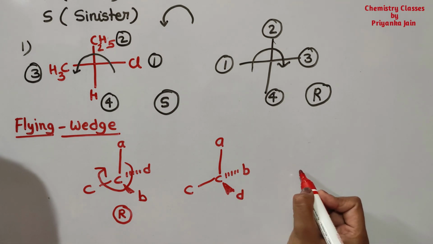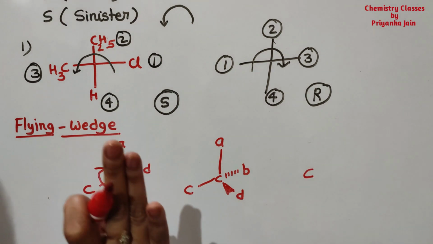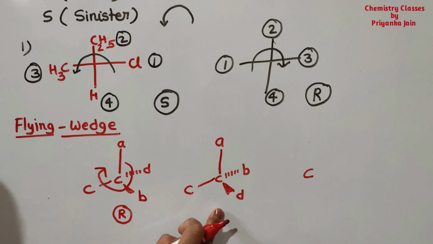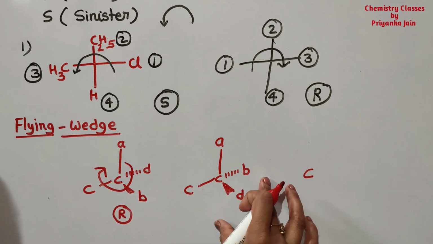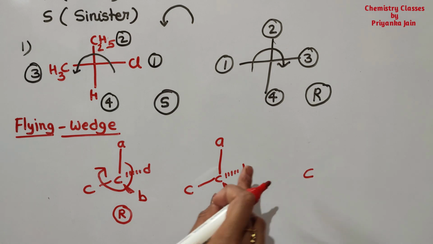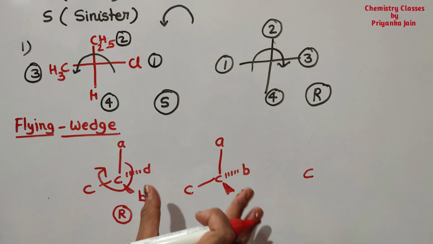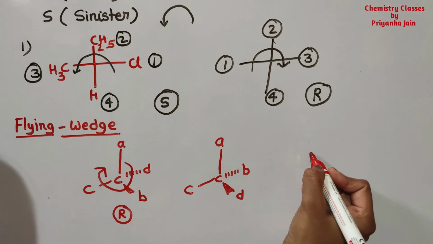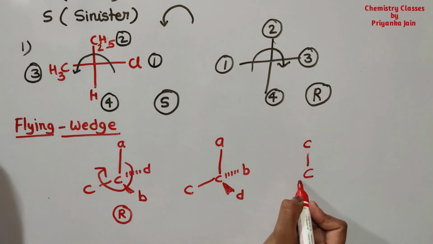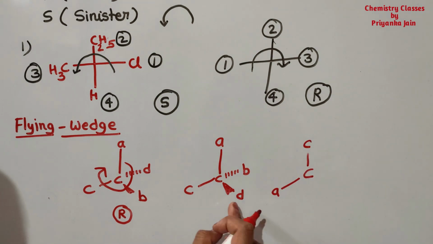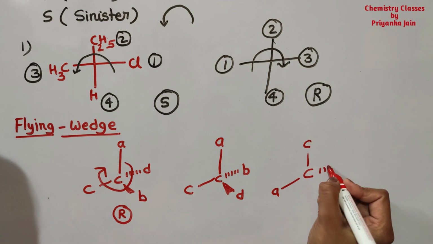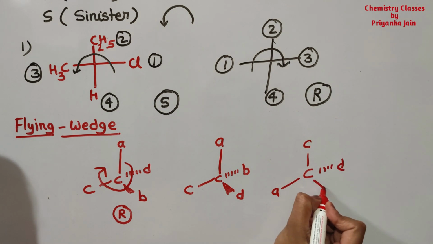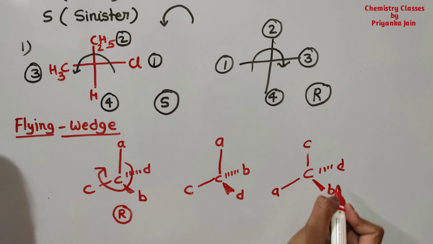Okay, we can do this because by the two interchanges we get the same configuration. I have told you in my first video that when we do the two interchange, then the consequence will remain as it is. Okay, so we can do this. We can put C here and A here, right? Similarly, we can do this. We can put D here and B here, right?